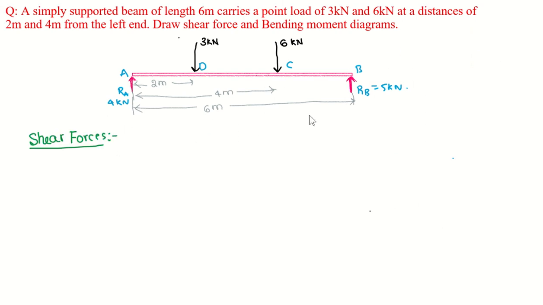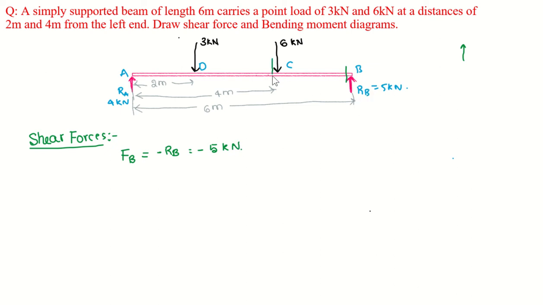Let us again come from right to left. Right at the point B we have FB, we have one force acting upwards. According to our sign convention, right upward is negative. If I consider my section here, the load is at the right side of the section, and right upward is negative. Or simply, the trick to remember: anti-gravity, it is going against gravity upwards, so take it as negative. So FB is equal to minus RB, that is minus 5 kilonewton. That is the shear force at B.